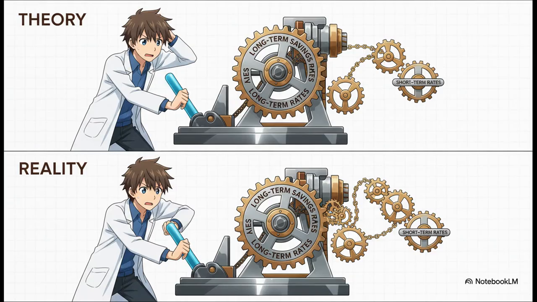Let's be super clear why this is such a deal breaker. According to market segmentation, if, say, a whole bunch of people suddenly start saving for retirement, that's a huge new supply of long-term money. So that should push only the long-term interest rates down. The short-term market, it's a separate world. It shouldn't even notice. But that's not what happens. In reality, when rates move, the entire curve tends to shift up or down together.